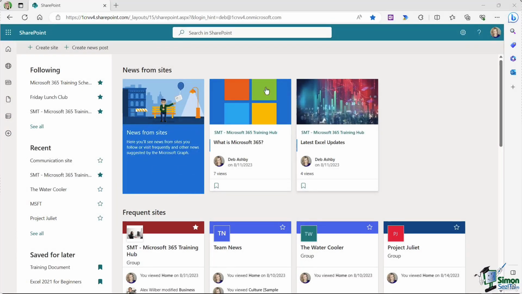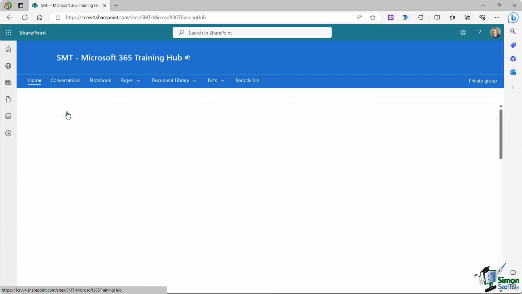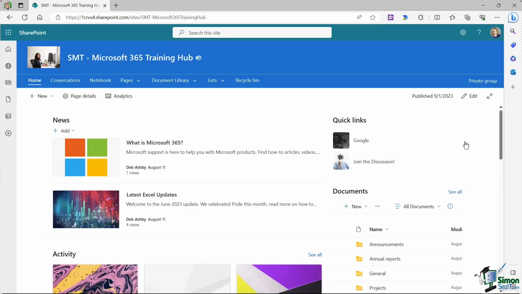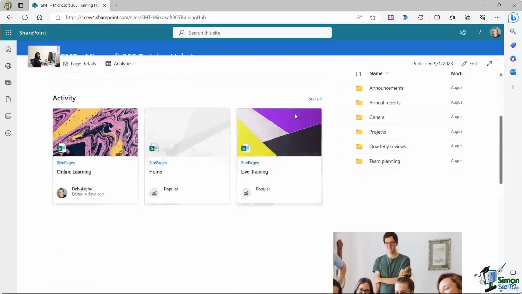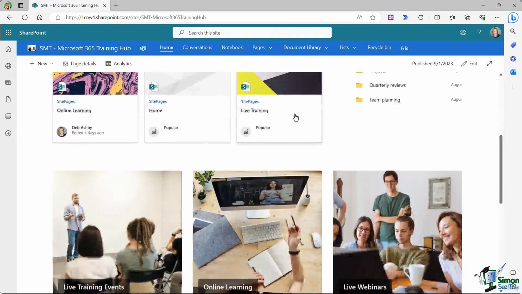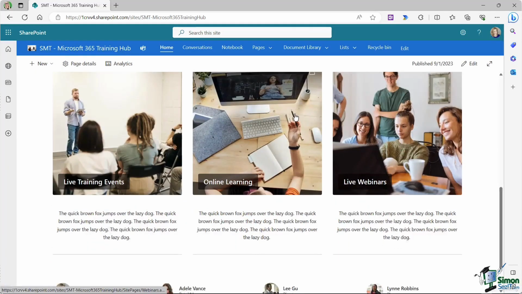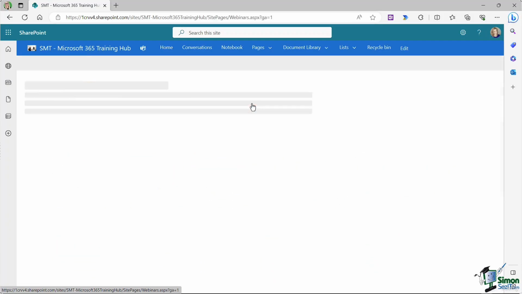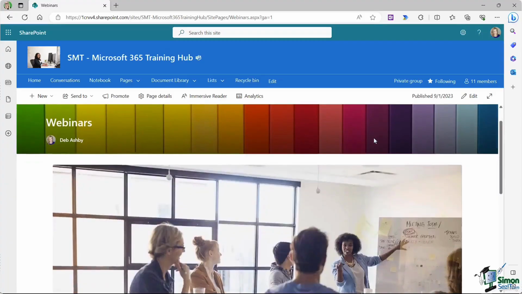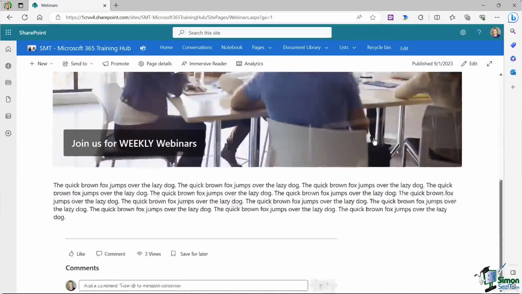Microsoft SharePoint is a powerful platform that helps teams collaborate and manage information effectively. It serves as a centralized hub for storing, organizing, and sharing documents, data, and resources within an organization. And SharePoint enables seamless teamwork by offering features like document libraries, lists, workflows, and customizable sites, making it easy to